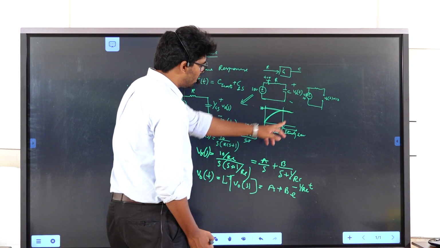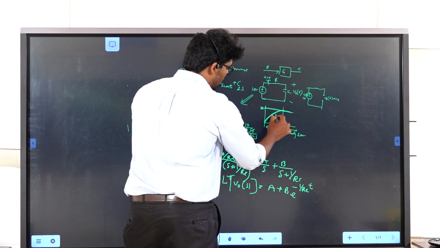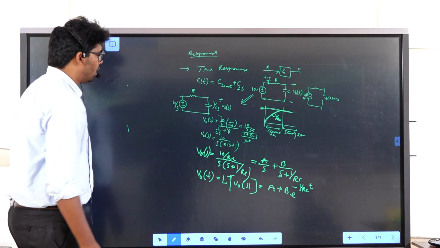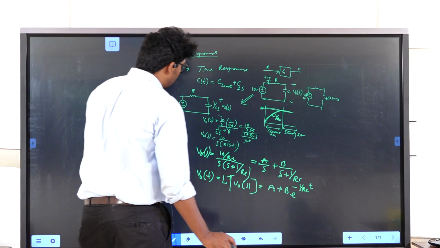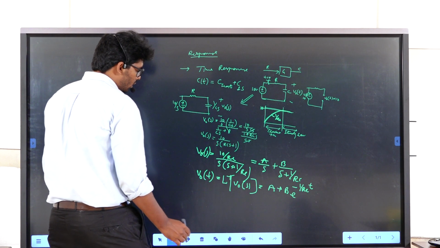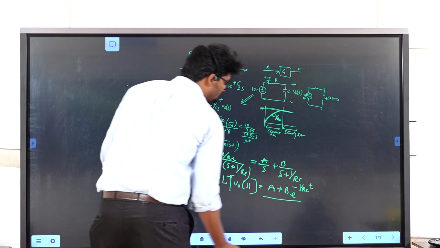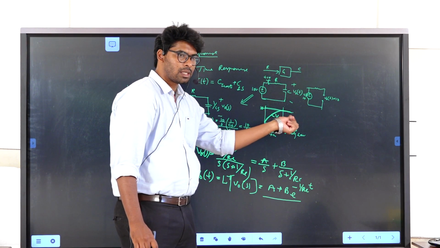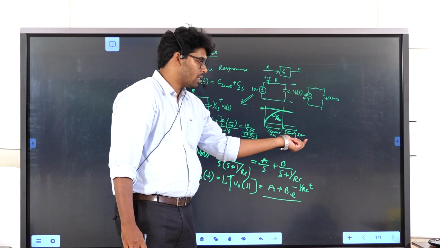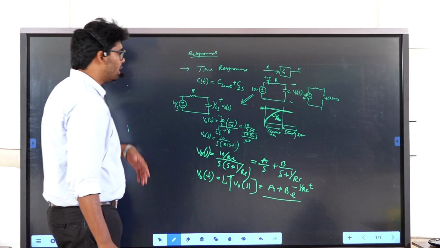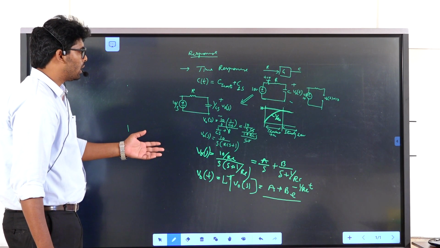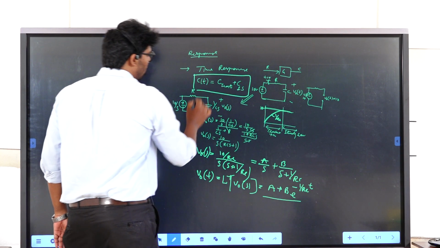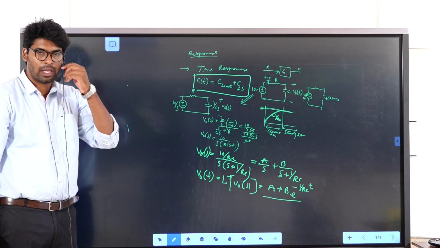The response here depends on the time constant, tau. So this is said to be a time response. What I am saying is that for the voltage across the capacitor to reach steady state, it has a transient time and a steady state time. In this second unit, we will be dealing with the transient time and steady state time, and the combination of the transient and steady state is said to be the overall time response. Okay, thank you guys.